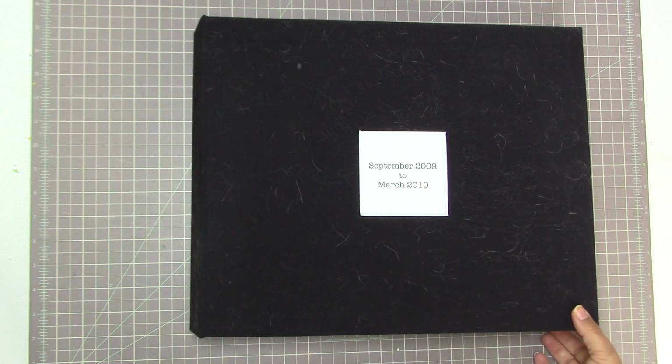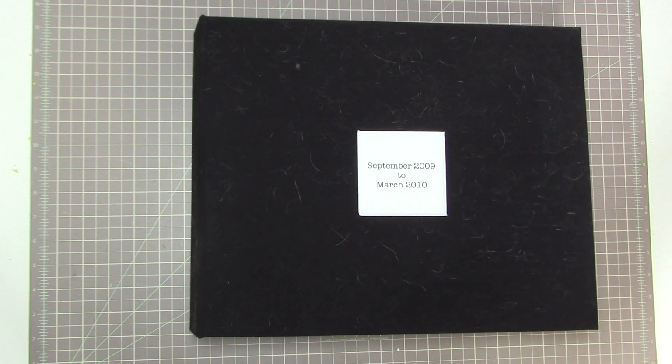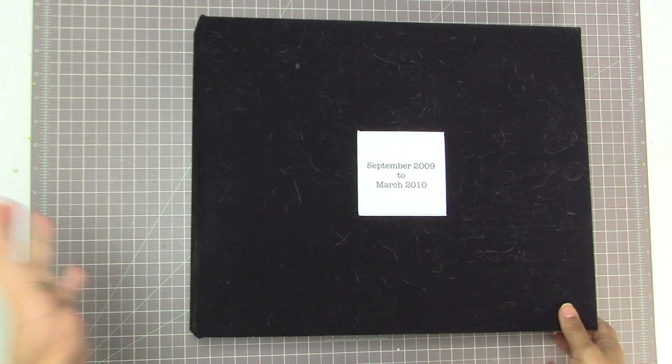But in that first video I did talk about the fact that I'm running out of room upstairs for my albums, and we don't really have room to get a new unit to put more scrapbooking albums on. So what I've decided to do is I've cleared a bit of space in my back room. Here in my scrap room I have like a closet that's in the back, and I've cleared a bit of